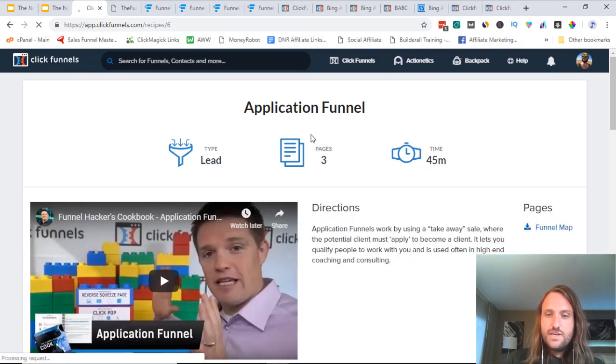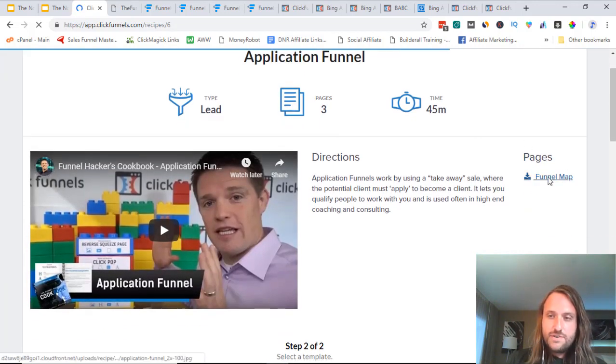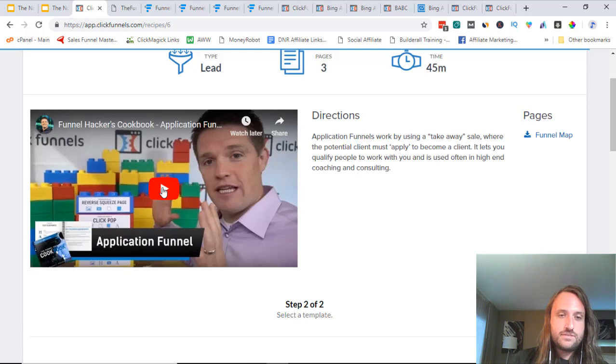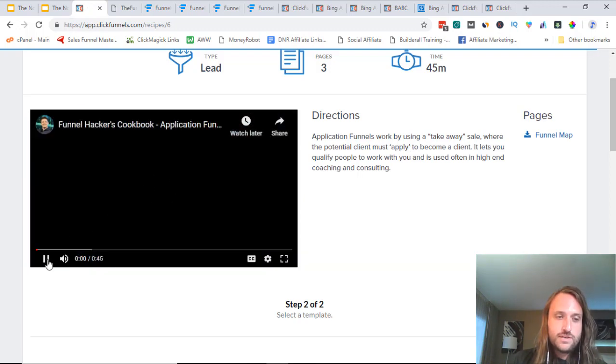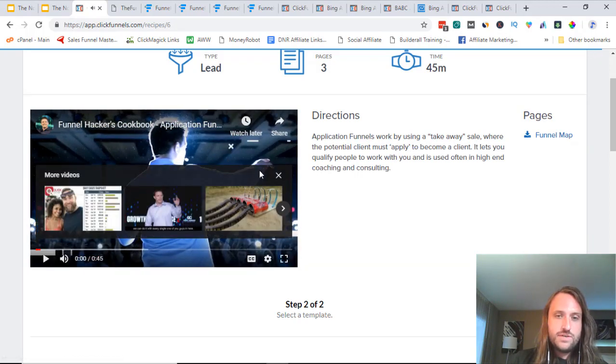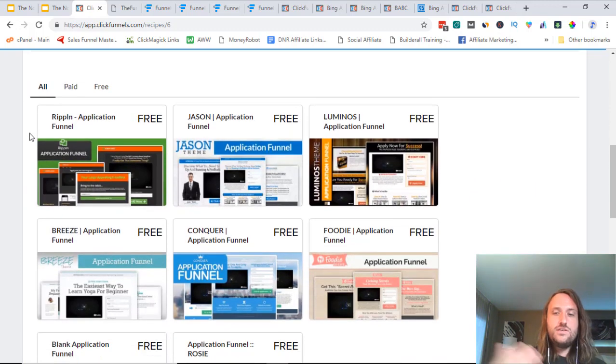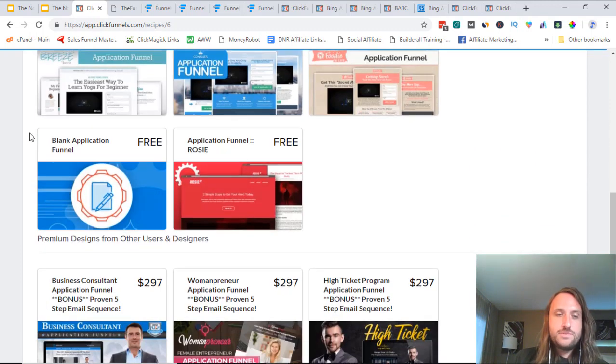This is really awesome. You can download a funnel map to have a reminder. You can print that out so you know what's going on here. Russell's got some training on just a quick little intro to exactly how to use this funnel, how it works, and then you get the options for